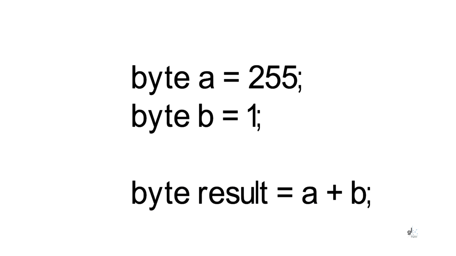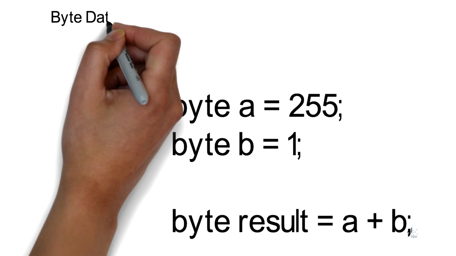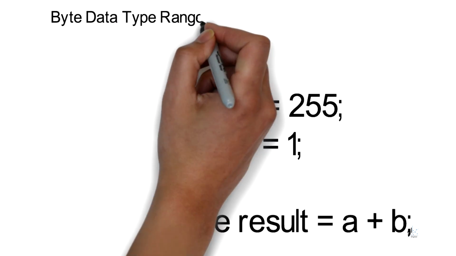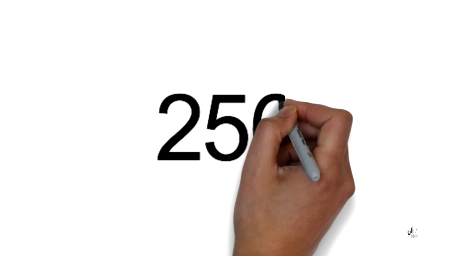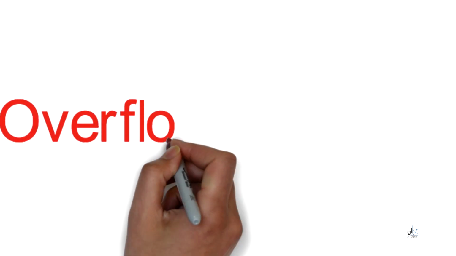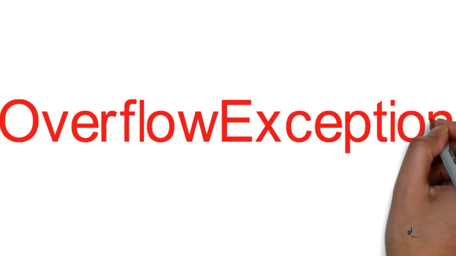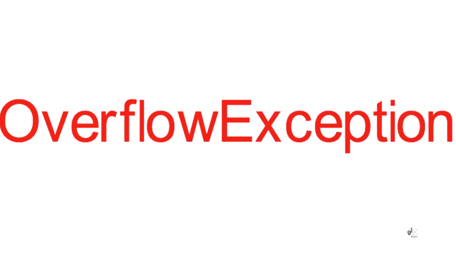Note that the byte data type is an integer data type that supports values ranging between 0 and 255. So the first operand is assigned a value of 255. The second operand is assigned a value of 1. When the second operand is added to the first operand, the result is 0, which doesn't make mathematical sense. The answer, of course, should be 256. 256 exceeds the range of values supported for the byte data type. So if an overflow check had been done, an overflow exception would have been thrown, but instead the operation proceeds